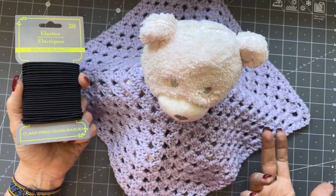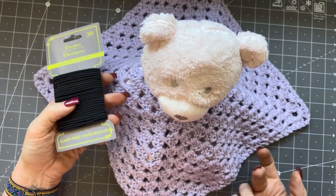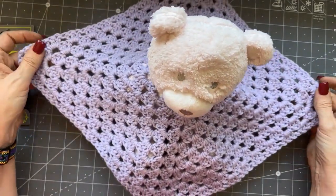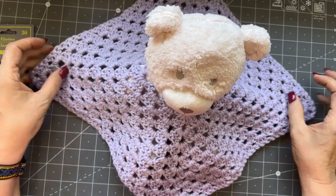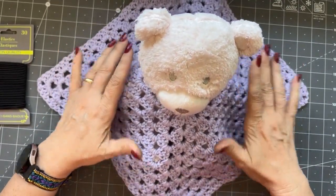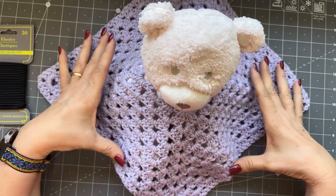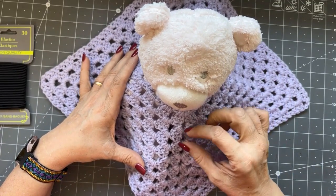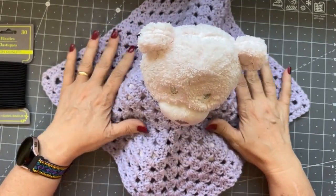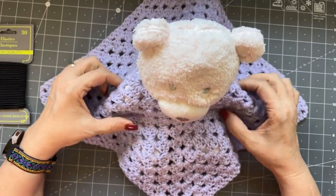And it was so easy to do. And then to also find out more information about the granny square, the granny stitch, and the history, and to kind of go down memory lane as far as the tissue covers and the toilet paper roll dolls and stuff like that. So I hope you guys enjoyed,